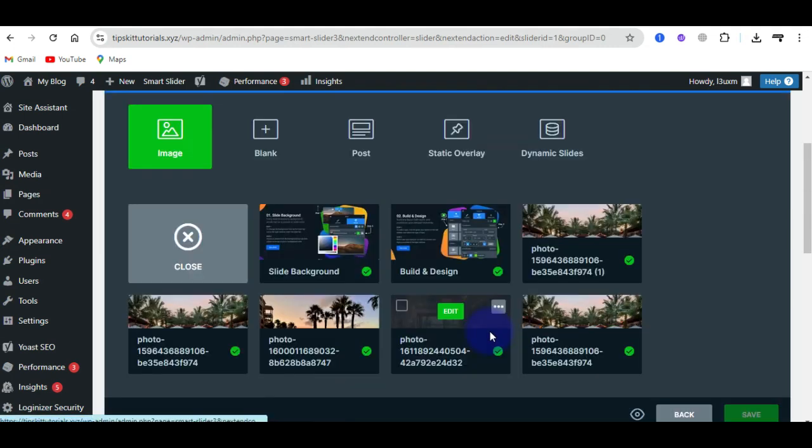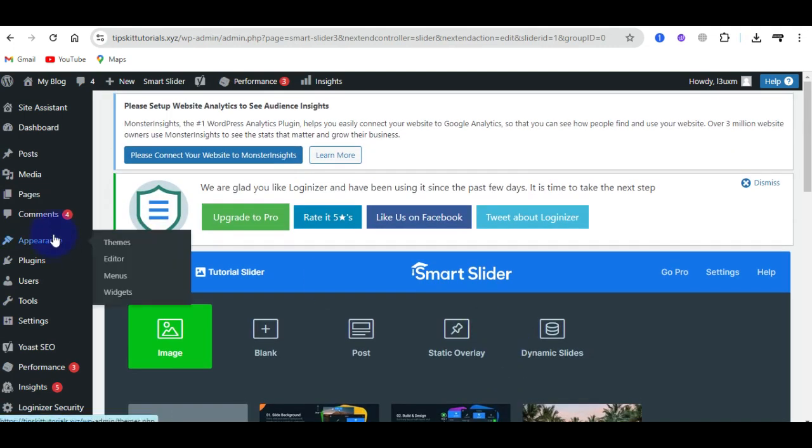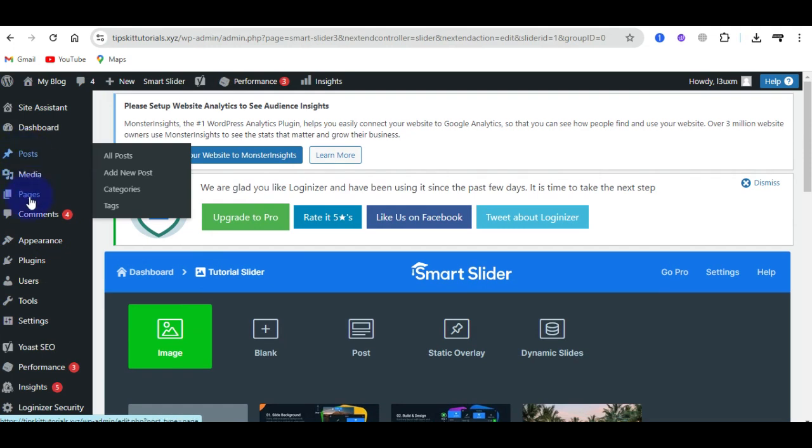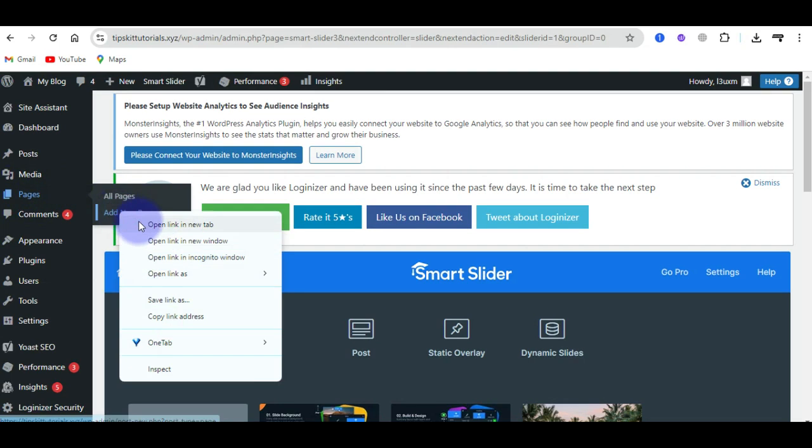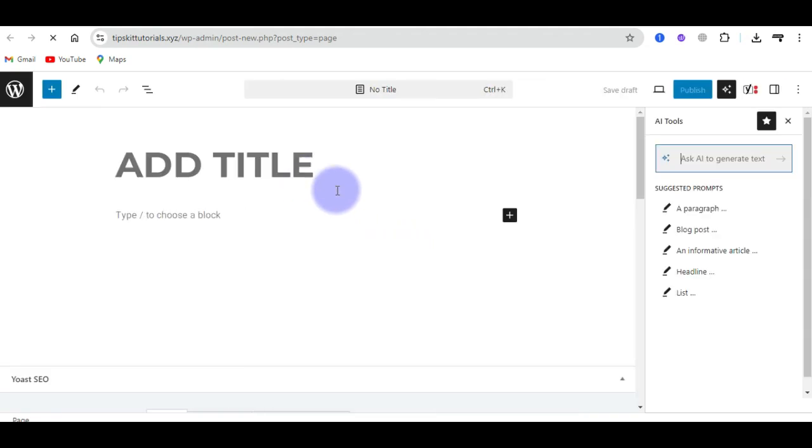Once that has been saved, you want to make sure now that you come to the post area or to the page area, because that code which you have copied will be pasted either on the front page or on any post within your site. Let's assume that we want to create a page. Let's call it a new page, or we just open a page where we want that particular slide to display. Once that page loads, as you can see here, give that page a